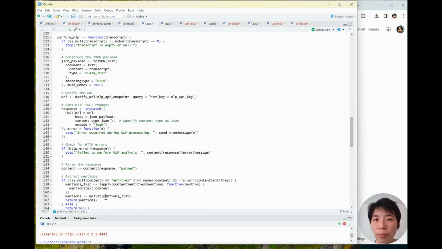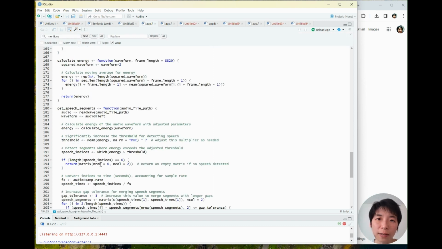And the perform NLP function takes the transcribed audio that is now in text format and tries to analyze it